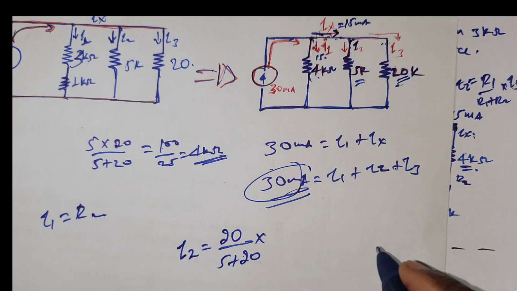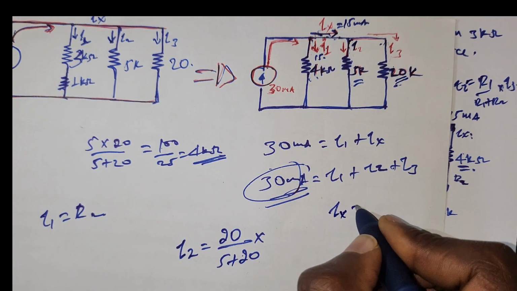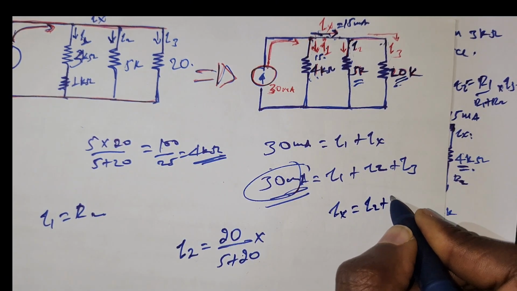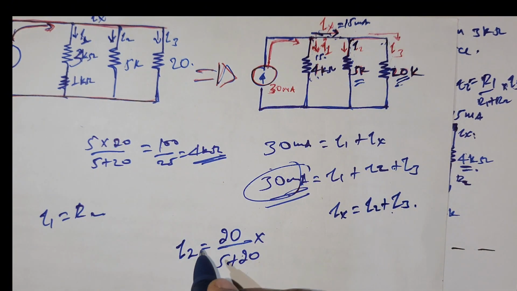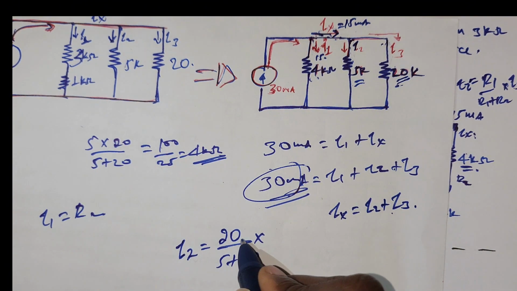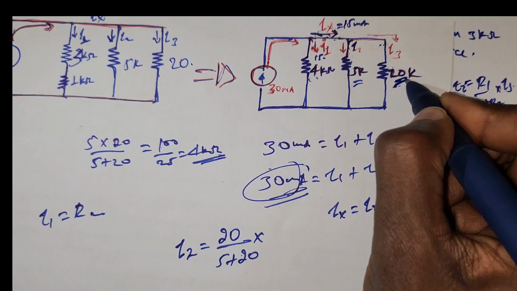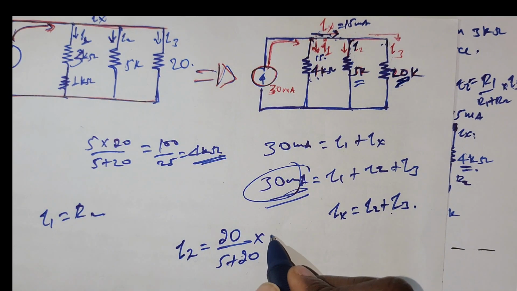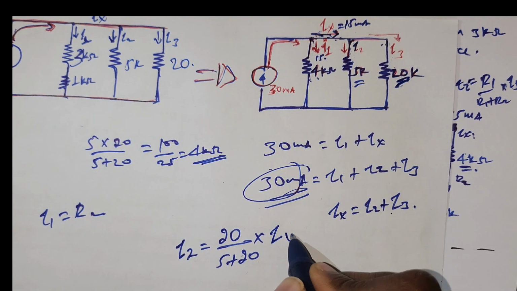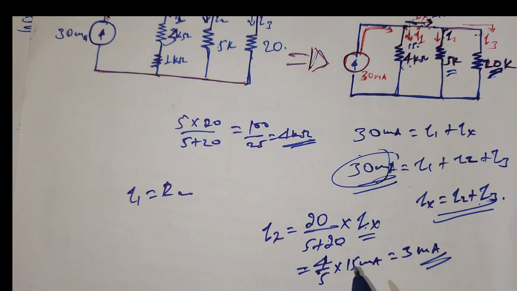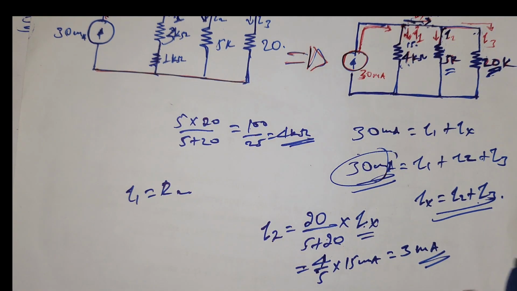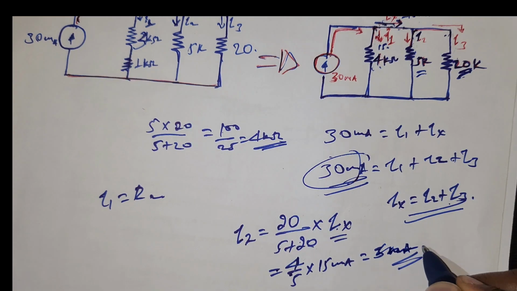We know that Ix is I2 plus I3. So using current division to find I2, we use the other resistor times Ix: 20 over 25, which is 4 over 5, times 15, which is equal to 12